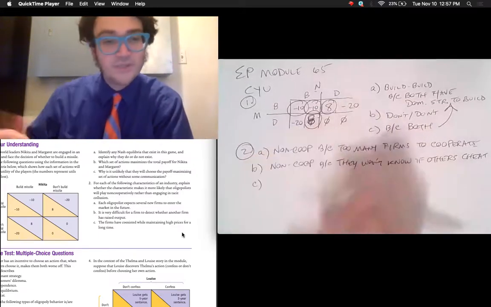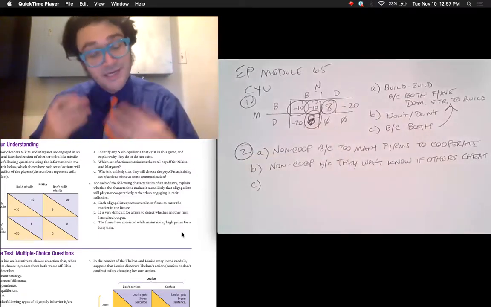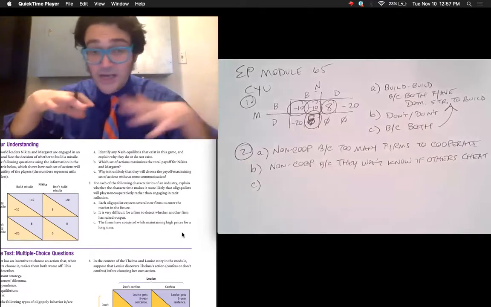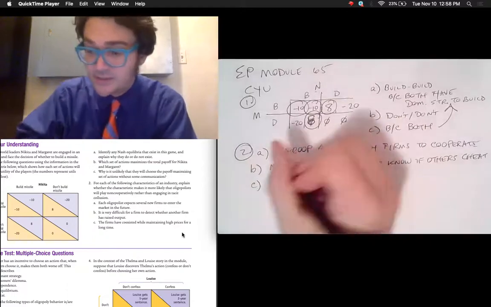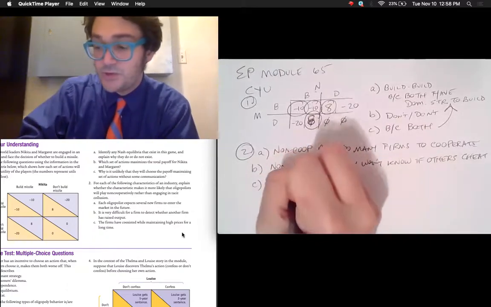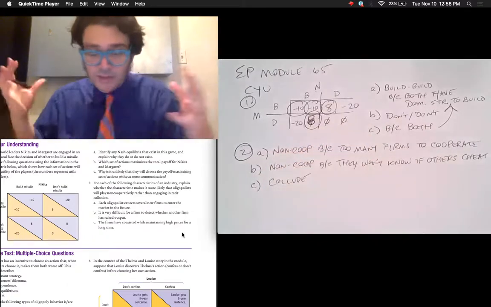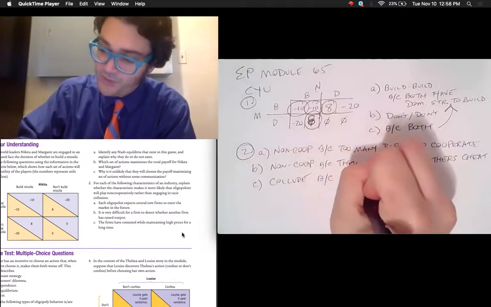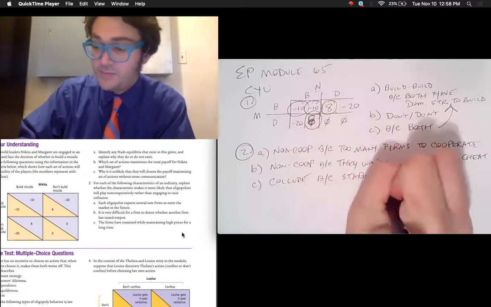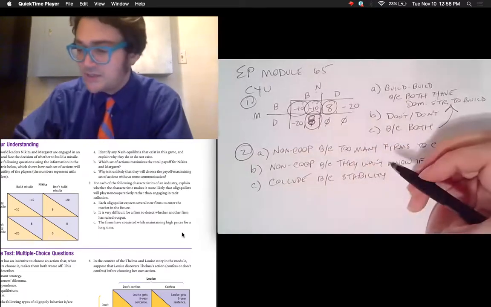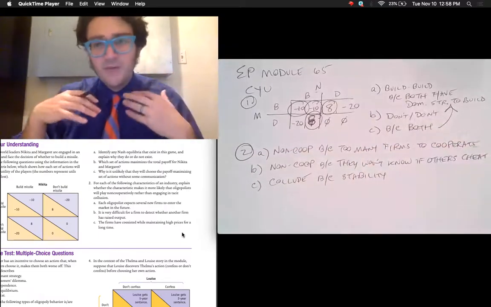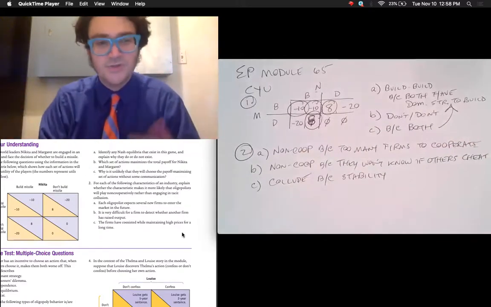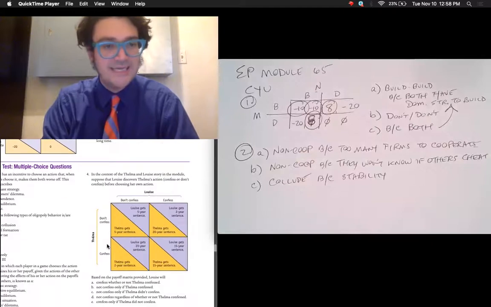Part C, the firms have coexisted while maintaining high profits for a long time. That tells you it's stable and it allows them to predict each other a little bit. It's more likely for them to collude. And we know that collusion doesn't necessarily mean forming a cartel, but it means maybe they're going to respond to each other. So there could be non-explicit collusion, which we call implicit collusion, or tacit collusion is another way to say it.